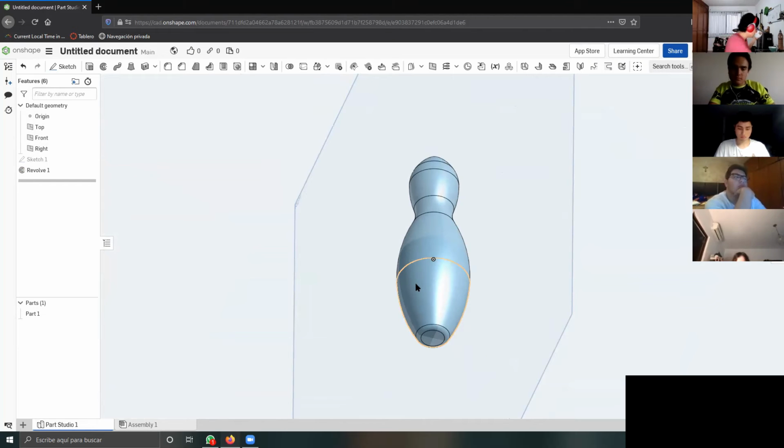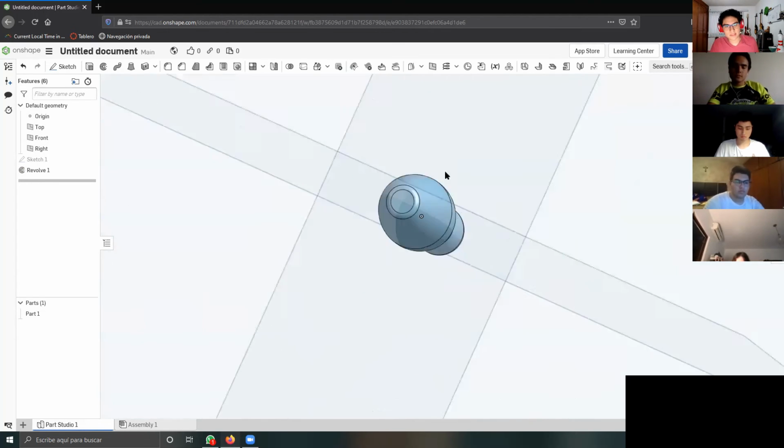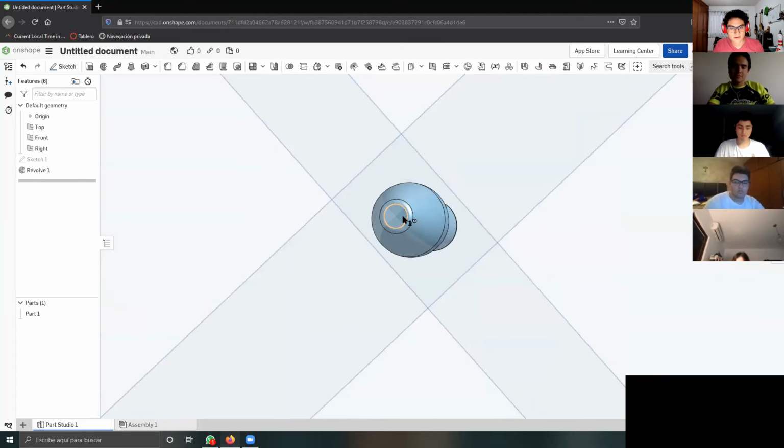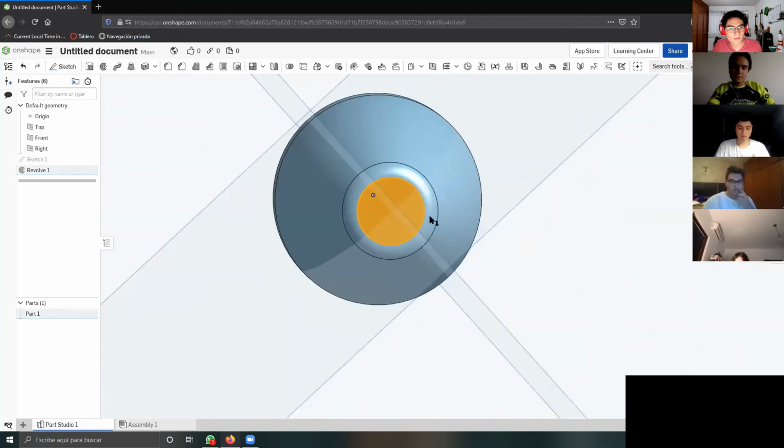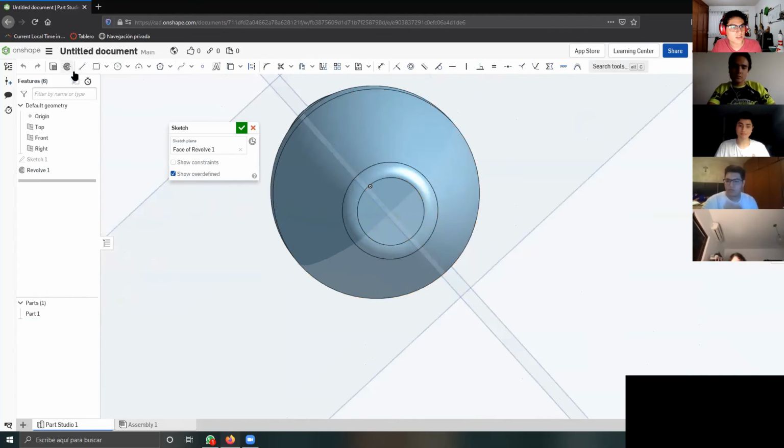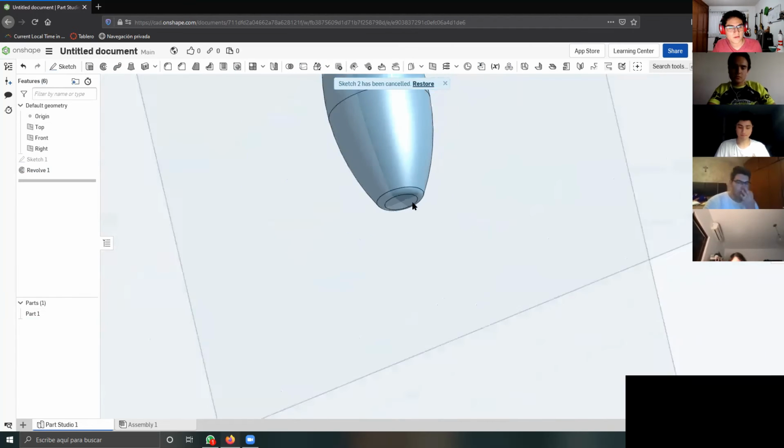And this hole is, let me see, 2 centimeters of diameter. So what I can make in order to make that hole is you have two ways. Make a hole right in the base with a sketch. Yeah, like drawing a circle here and make the hole, or making the hole